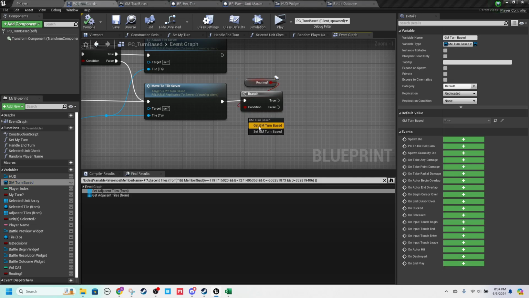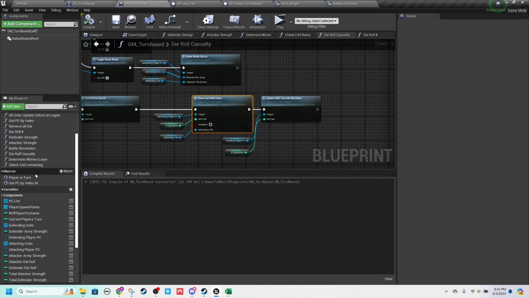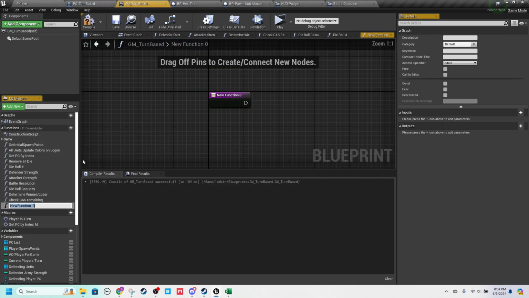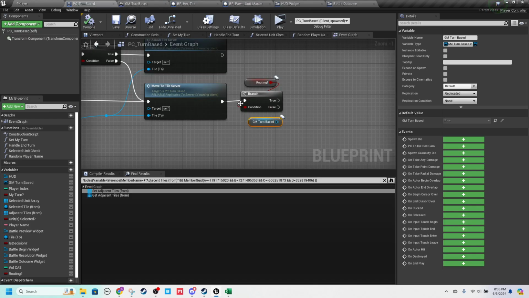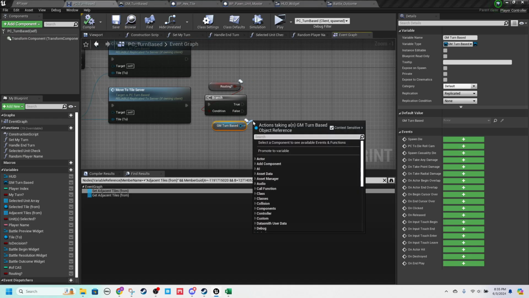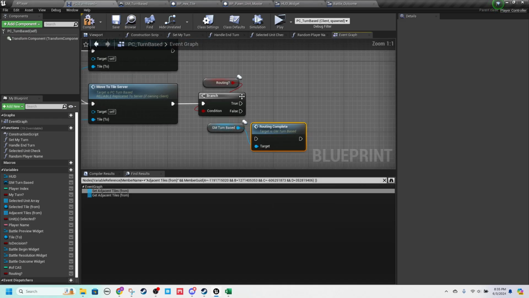let's grab our game mode turn-based, and then we'll do an event in here. Or I guess we can do a function, just keep that going on. Routing complete. And come back to the player controller quick and just do routing complete and connect that to the true. Okay, so when the routing is complete,